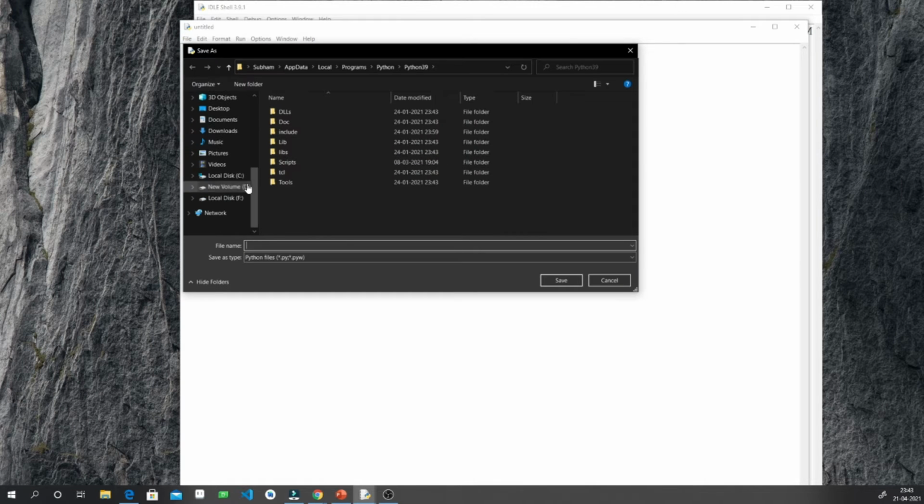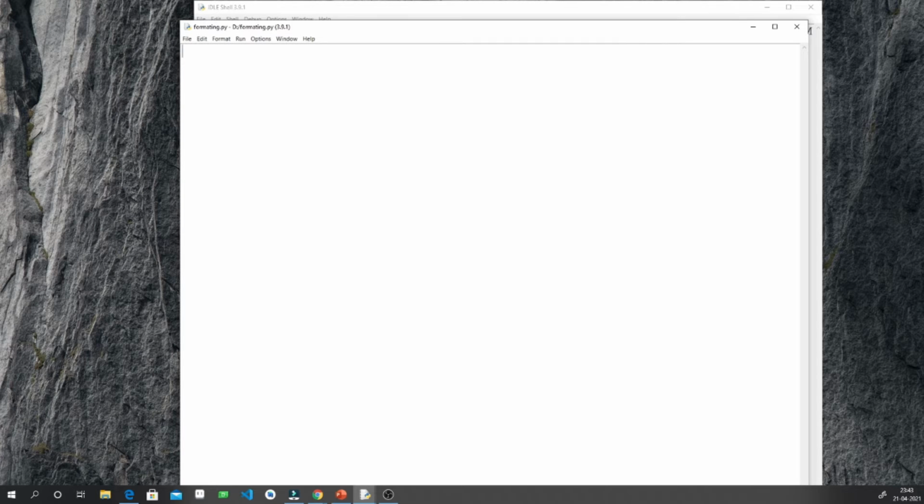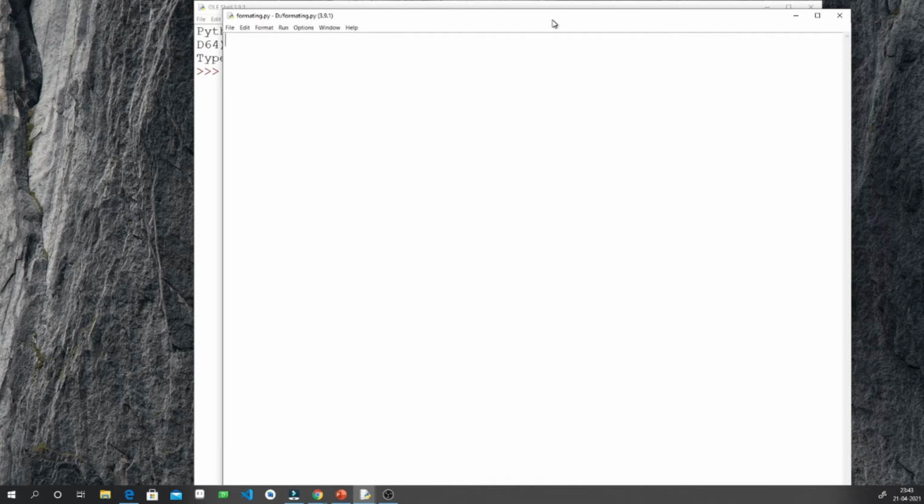So I will save it in this folder. Let's give a name of formatting. I cannot think of anything more productive than this right now. So let's give it formatting as the name.